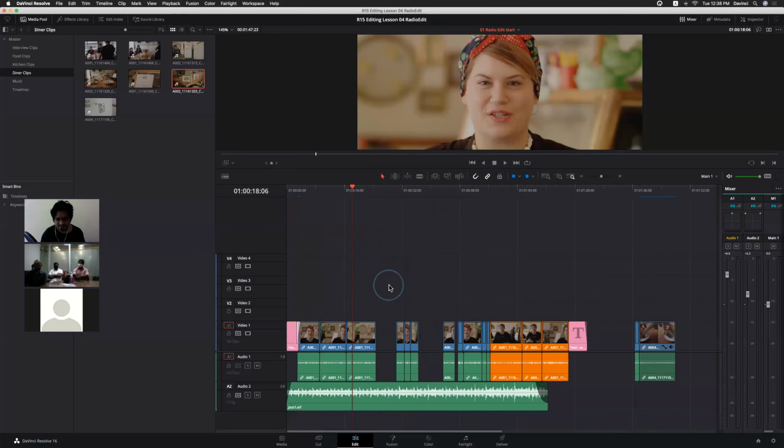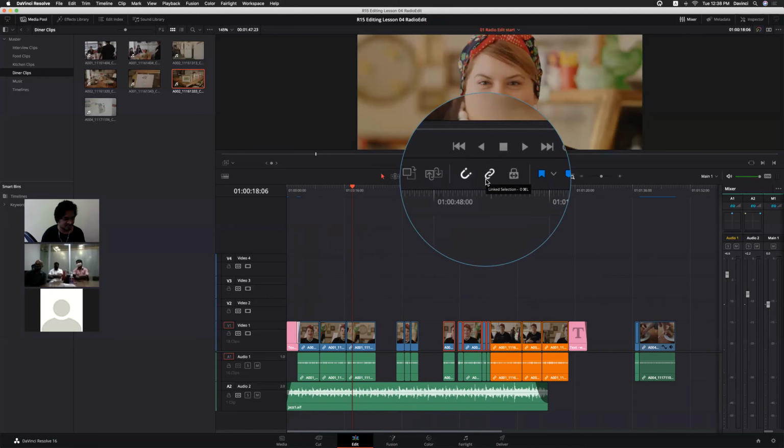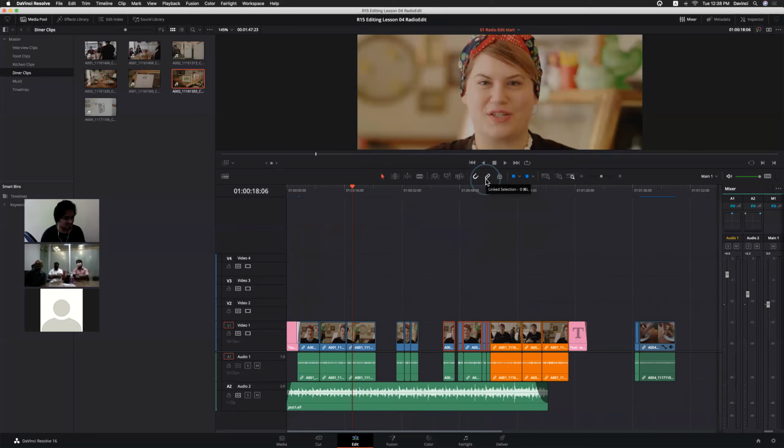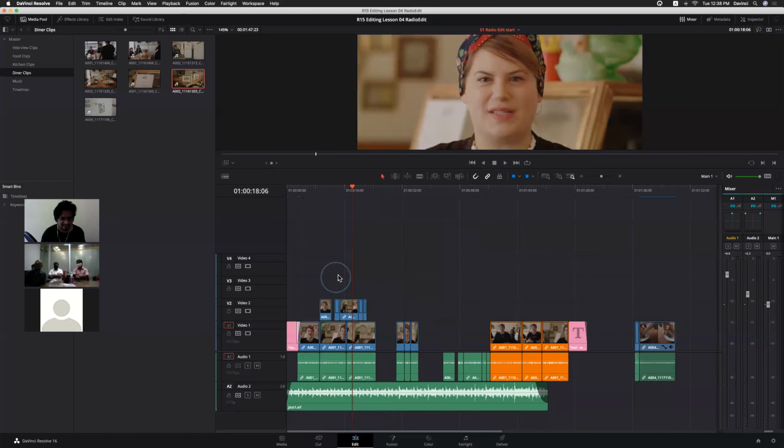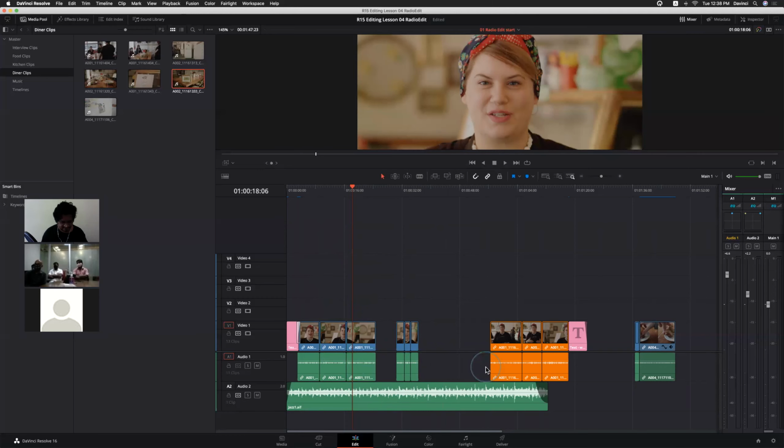Let me, yeah, I'll do one thing. I'll move these clips, only audio. By holding the key, we can select only audio or video without disabling the link tool, right? It's the same thing throughout every editing application. Now this is one particular scene. Let me delete this clip, sorry.